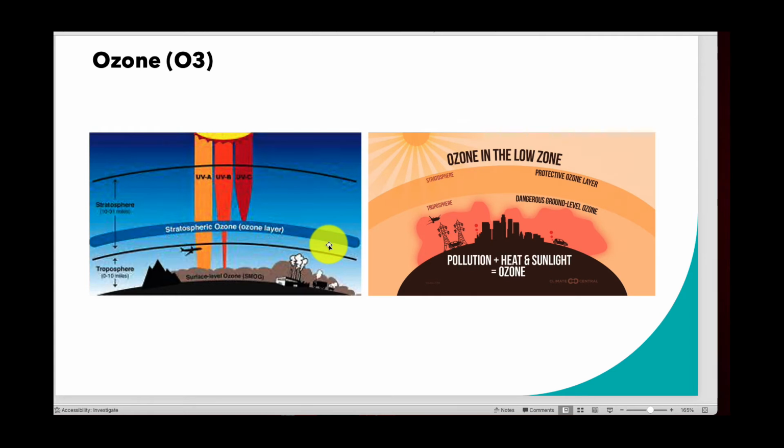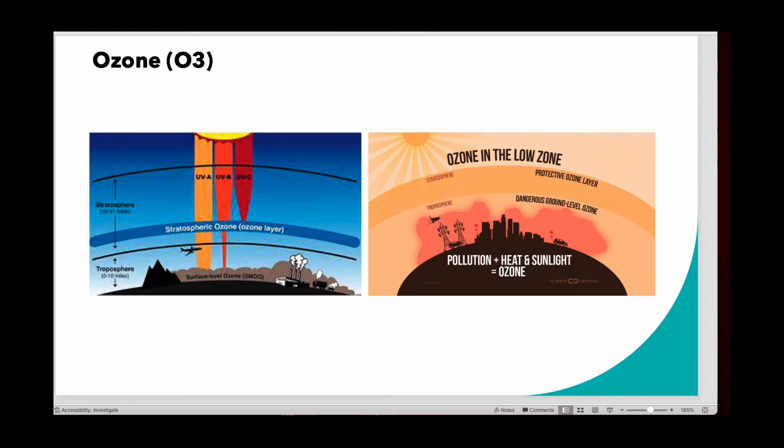So we call that the good ozone, right? And that's represented by O3 here. Now, when we talk about the bad ozone, which we have over here, this ozone is formed by the reaction of nitrogen oxides and organic compounds in the presence of sunlight. So we get this kind of concoction where we make this harmful ozone underneath the stratosphere, where we basically bring it in.